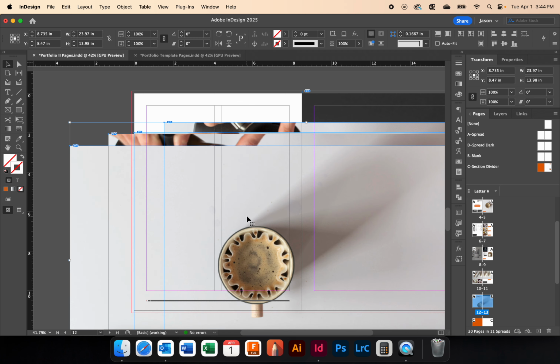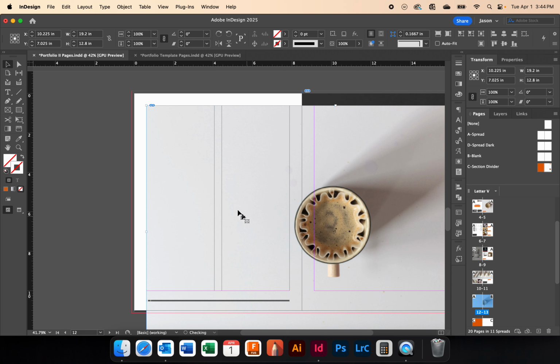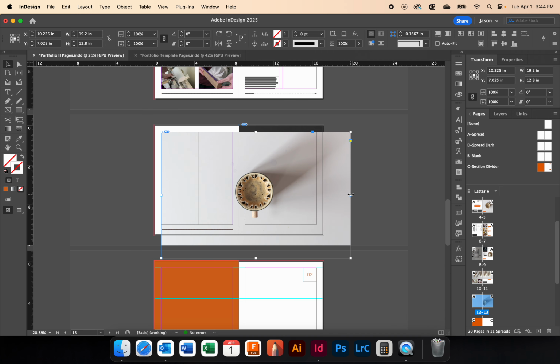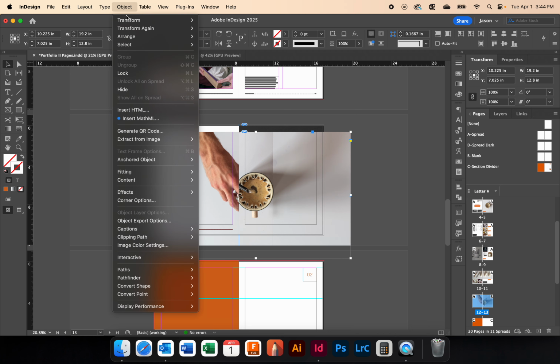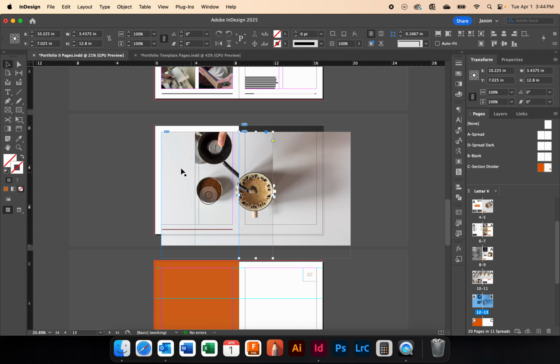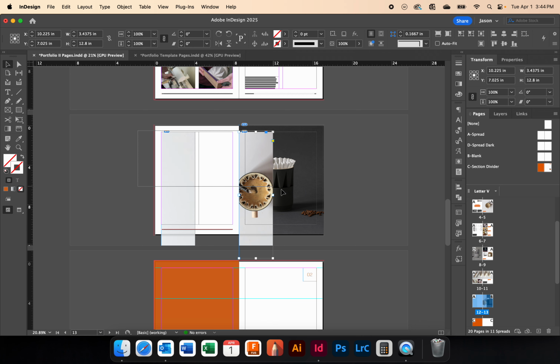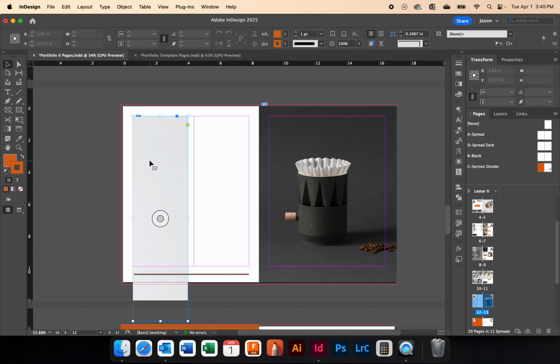Select all of them, and I'm just going to align them to that top corner of the page, and then one by one I will make these all the same width. And I guess actually we could use our object, transform again individually to make that the same width. Same thing with this guy, transform again individually, make that the same width. Select all of these, get them back over to that left side, and then do the same thing with the